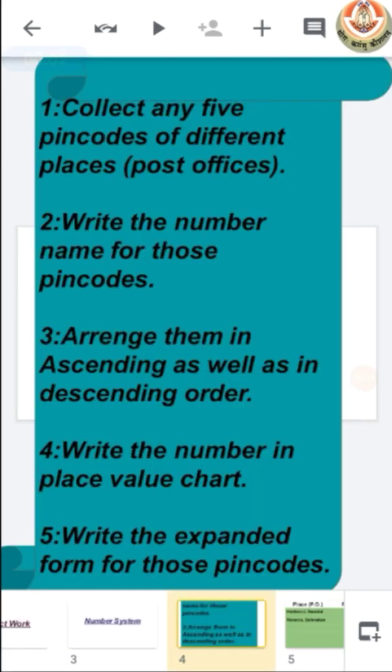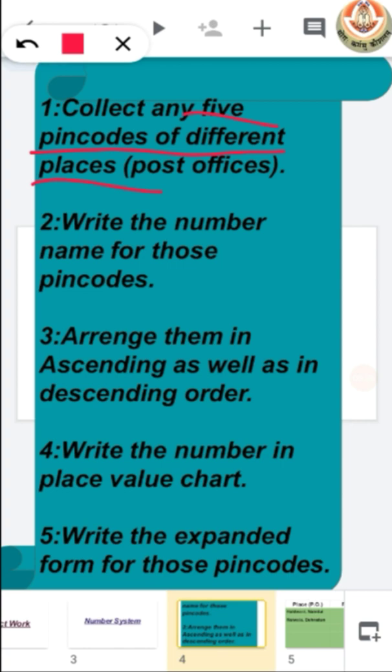For your project work, first you have to collect 5 pin codes from different places, means of different post offices. It is your choice whatever pin code of a post office you take.